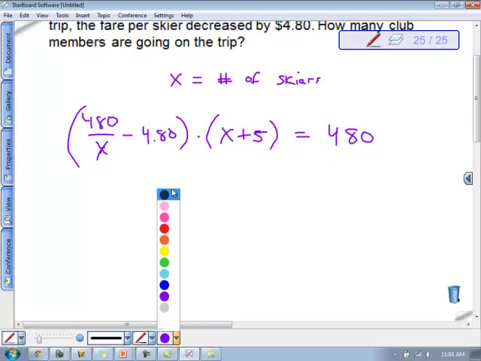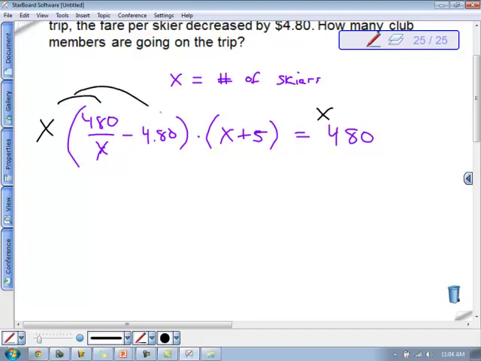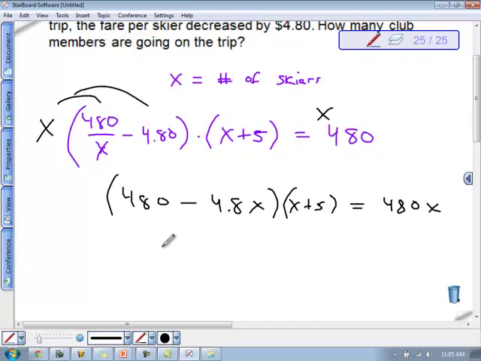So I'm going to clear fractions by multiplying through by x on both sides. Now this is multiplication here, so I only need to do it to one of these quantities. So I'm going to distribute it to the first one. That gives me 480 minus 4.8x. And that needs to be multiplied still by x plus 5. And that's going to give me 480x over here. So I'm going to FOIL: 480x plus 2400